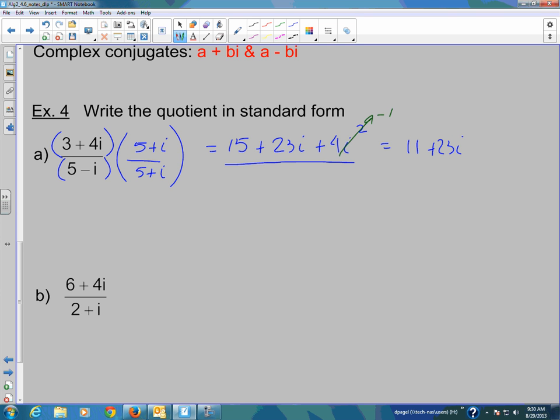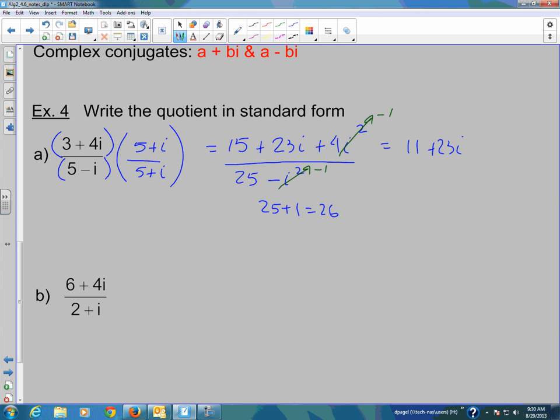On the bottom, I have a 5 times a 5, a 5 times an i, which is a 5i, a negative i times a 5, which is a negative 5i. So we should always get that middle term to cancel. And then a negative i times a positive i is a negative i squared. And once again, we make the i squared become negative 1. So now really I have 25 minus a negative 1, or 25 plus a 1 here,